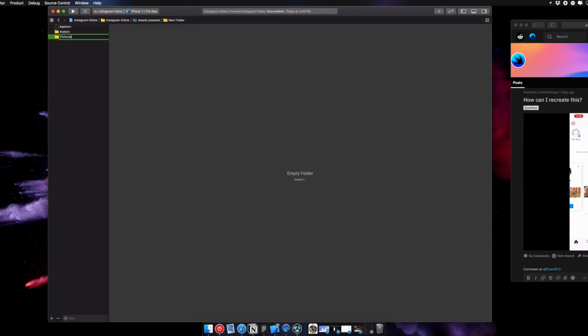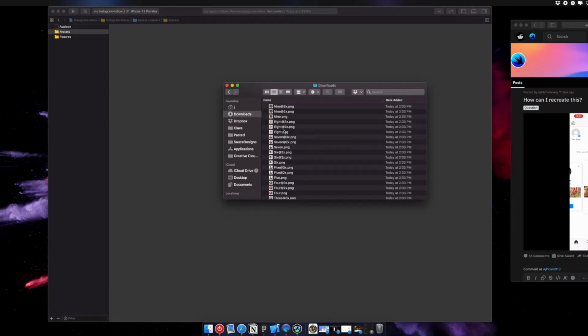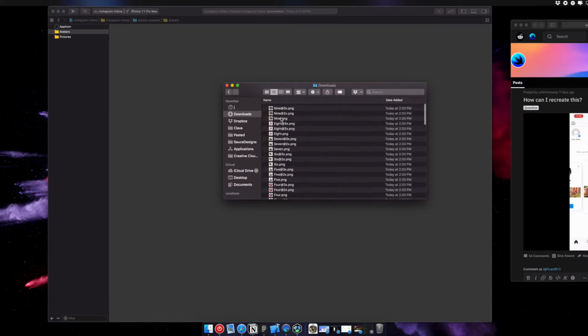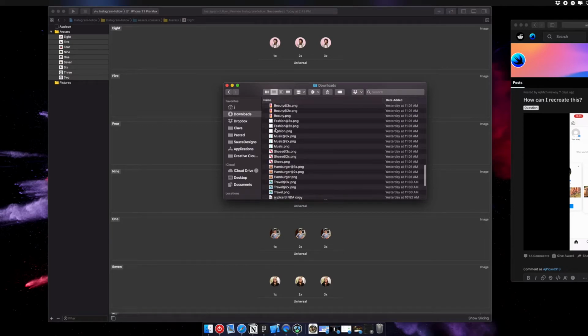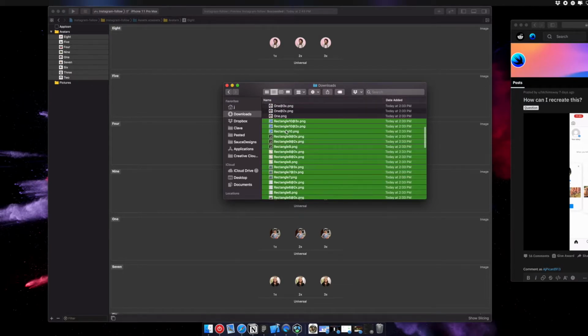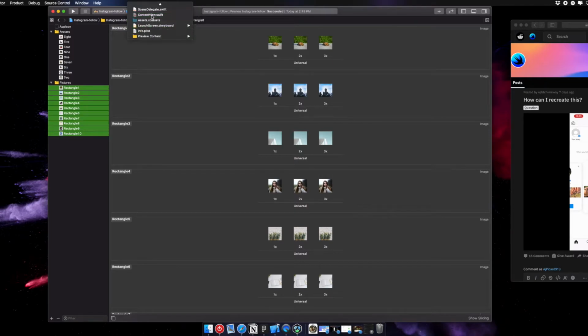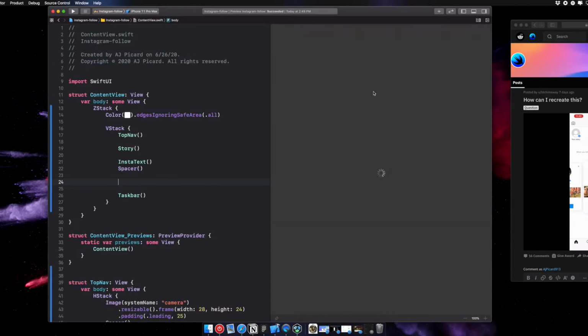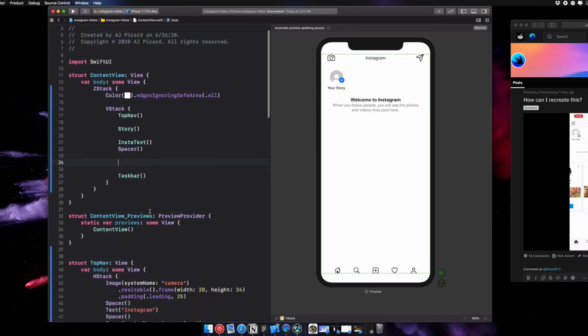Okay, so I got some assets here, and so we're gonna do this. Take these 9 avatars, drop them right in there, and then we're gonna take these rectangles, and we're gonna drop them right in there. These are our pictures, and then we're gonna go back to the content view, and we're gonna build this card now. Okay, so let's go ahead and let's build this card. We're gonna add some custom data, and then we're gonna wrap it up. We're gonna be good, and then I'm gonna upload another video of how to navigate between